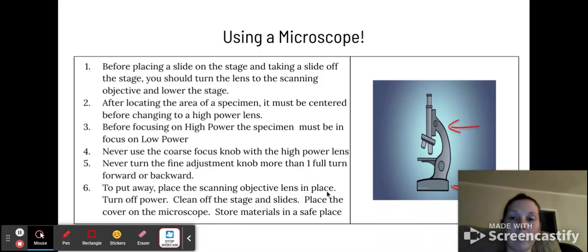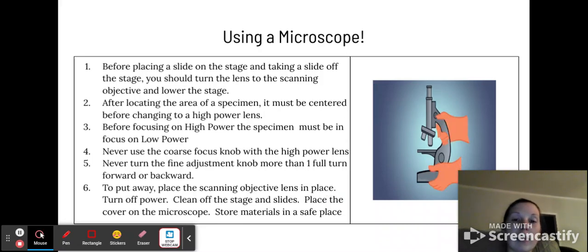And then to put this away, you put the scanning objective lens in place, so the lowest one. You'll turn off the power, then you unplug it, you clean off the stage and the slides, you place the microscope cover